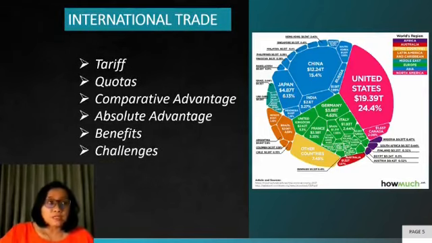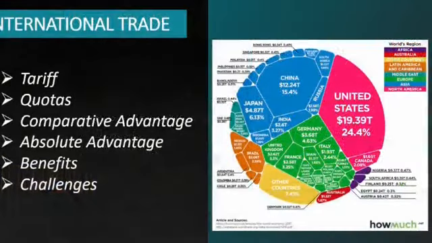In other words, a country should focus on producing the goods or services where it can minimize its need for other items. Meanwhile, absolute advantage occurs when a country can produce a good or service more efficiently by using fewer resources than another country. For example, if country A produces cars with very few resources, like less time, fewer workers, etc., than country B, that means country A has an absolute advantage in car production.